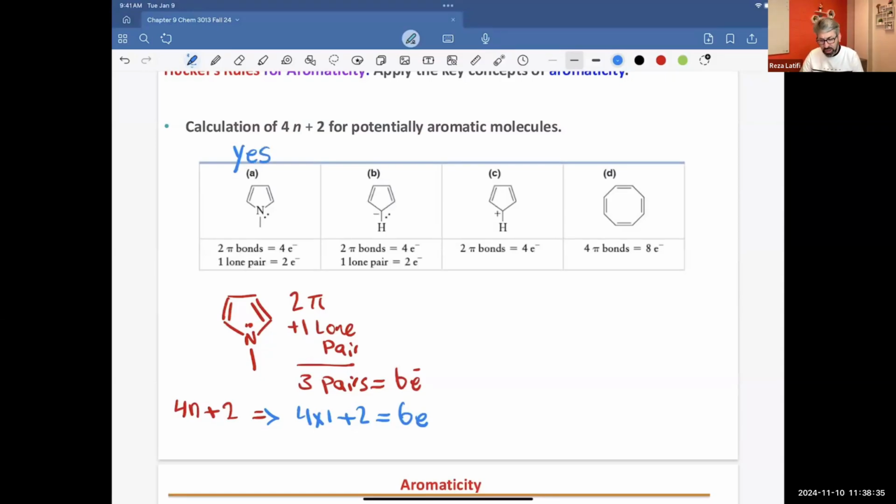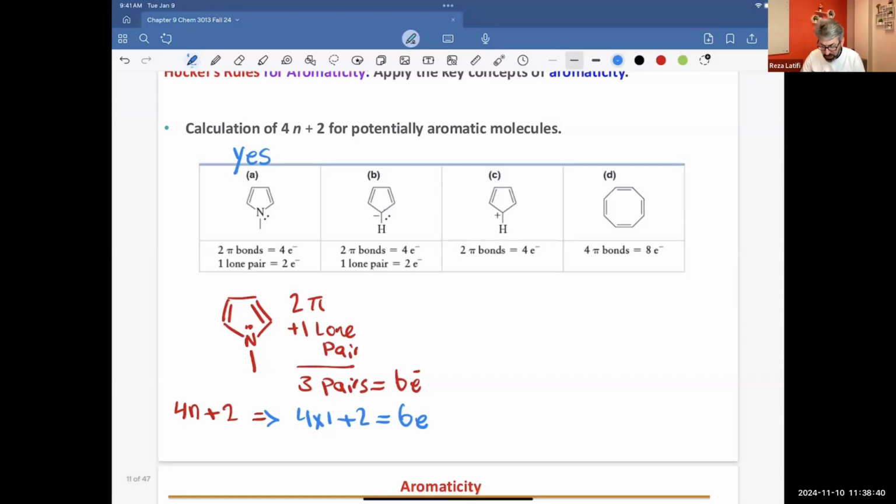Next one, we have carbon, but carbon has a lone pair. Again, 4 pi electrons, that's a pi bond, plus 2 electrons from 1 lone pair. We have 6 of them. So again, this one, yes, is aromatic. And how about C? C, we have an empty